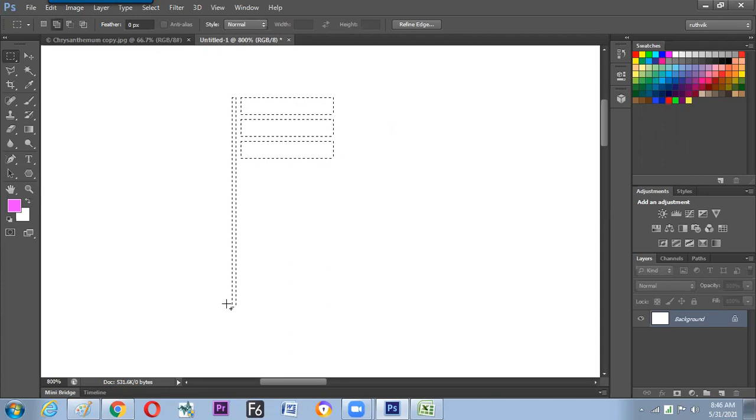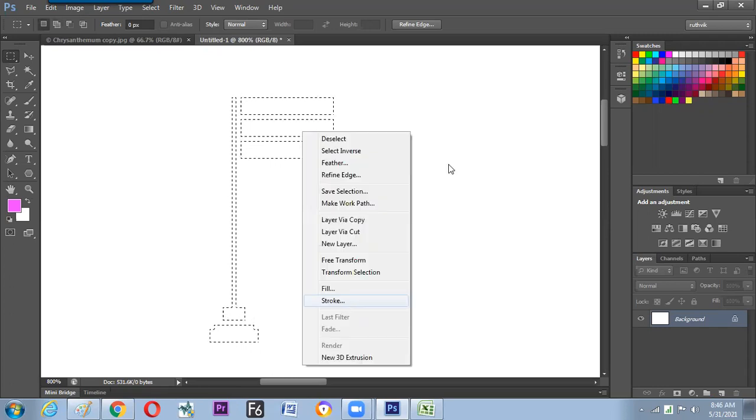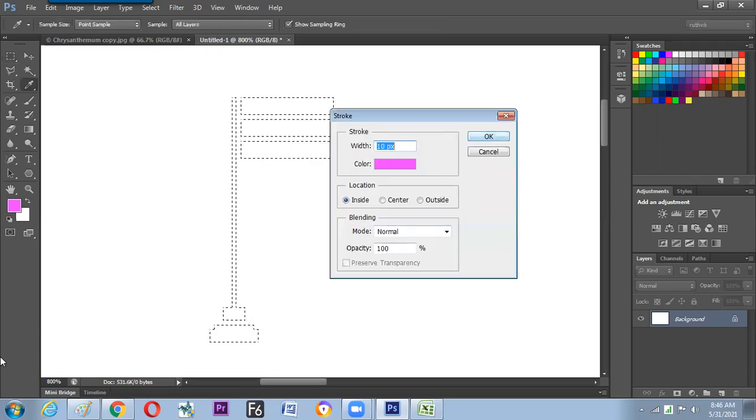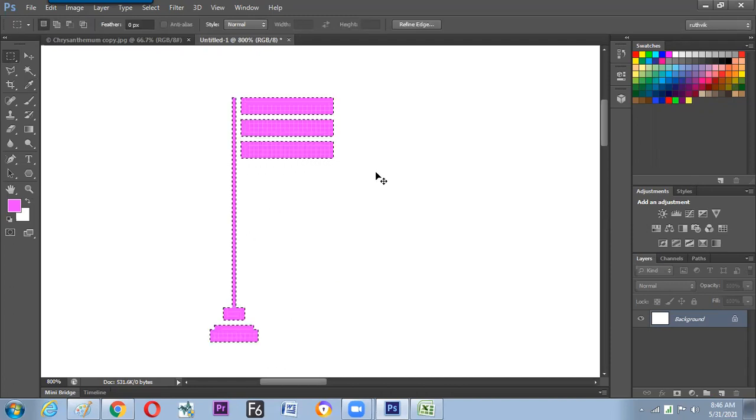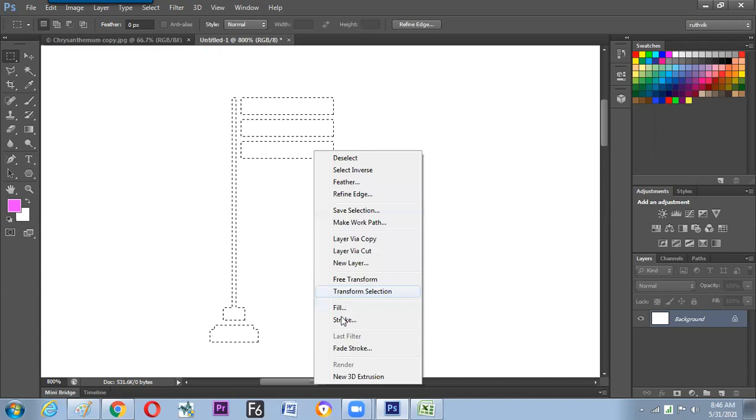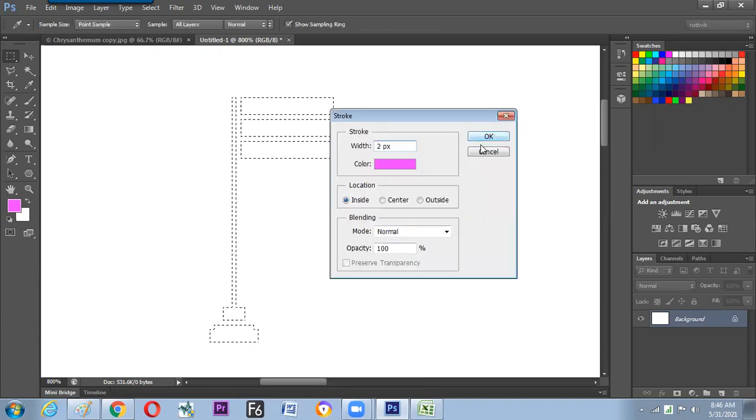Now hold the Shift, and you can fill a stroke color with a smaller pixel inside. Color can be filled directly or you can go for stroke color.